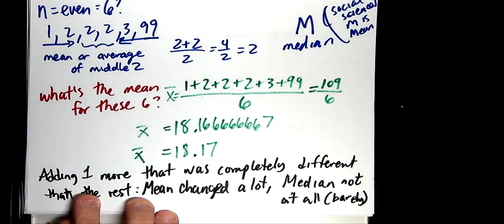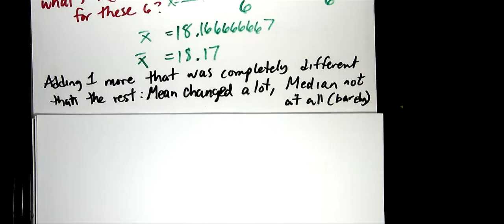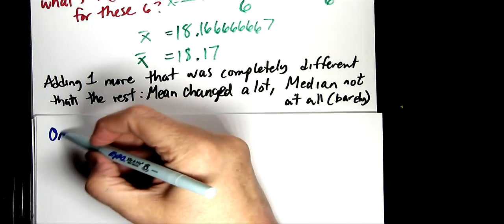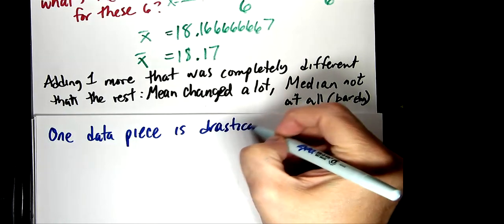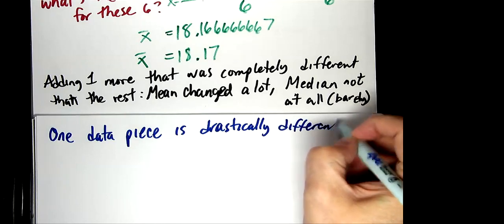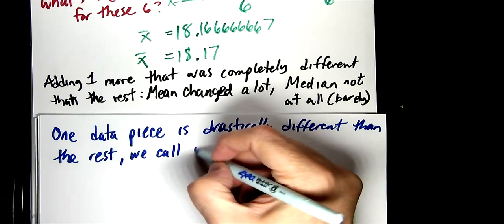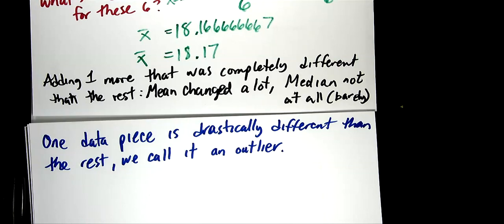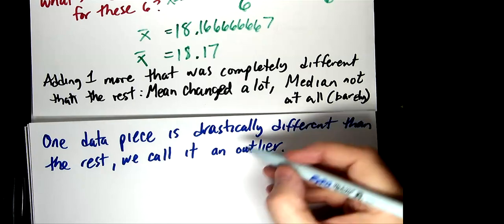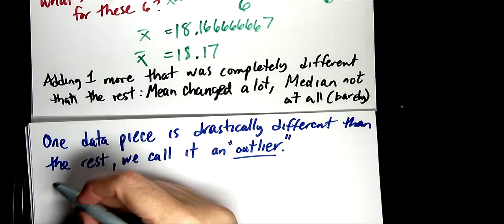Okay, so this has a name. Well, there's a couple of vocabulary terms here. One of them is when one data piece is drastically different than the rest. We call it an outlier. That's a vocab term I am going to use a lot this semester. Outlier. If we're talking about income,